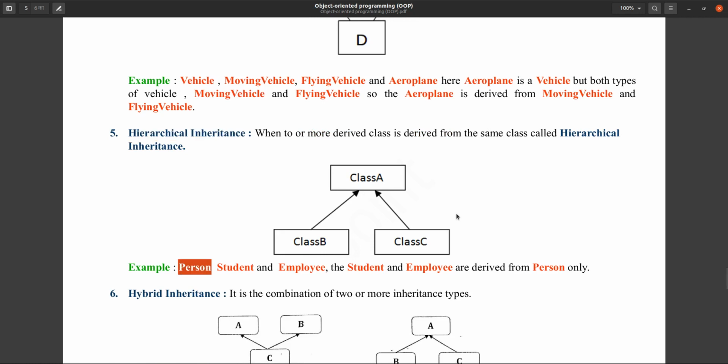Yes, now I hope you understand the example. In the first, simple type we had taken, we were using Employee. Employee is a person, and student is also a person. So we have created a new class called Student.